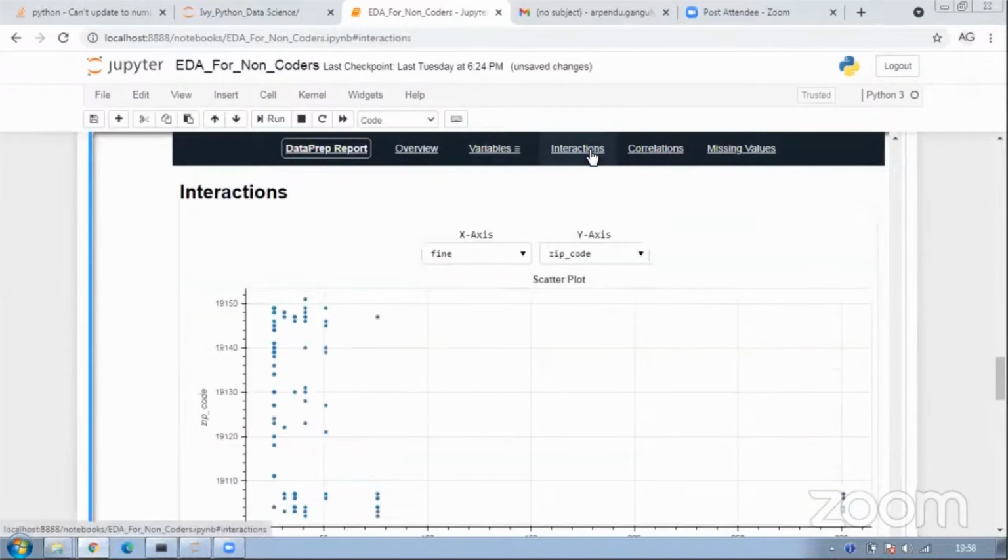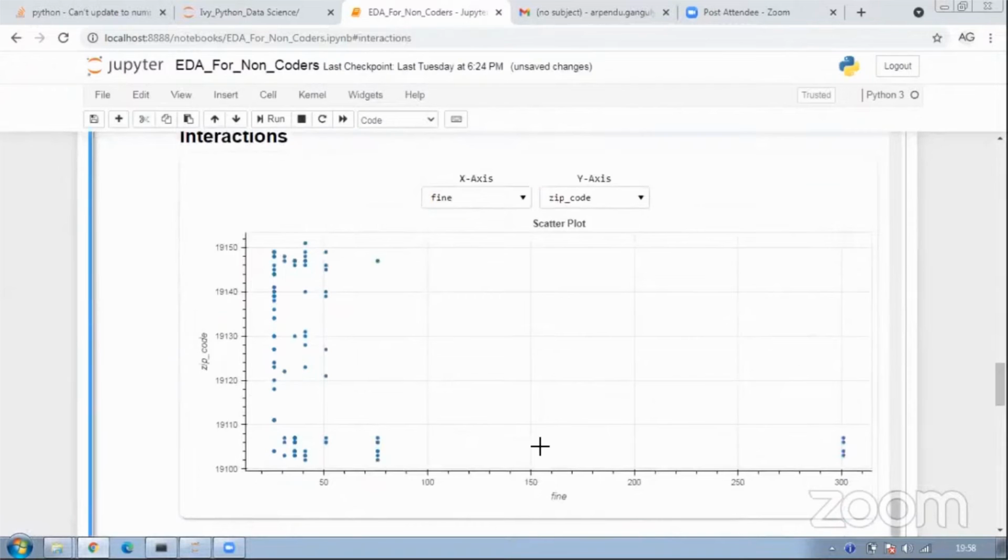For that I can go to my interactions and check what is the important thing: these 6 people who have paid a very high fine, do they belong to the same group? Is it something related to this, and should we include this or not?